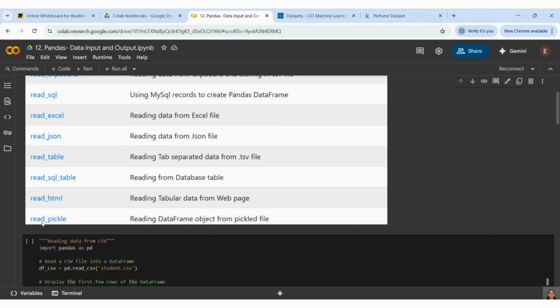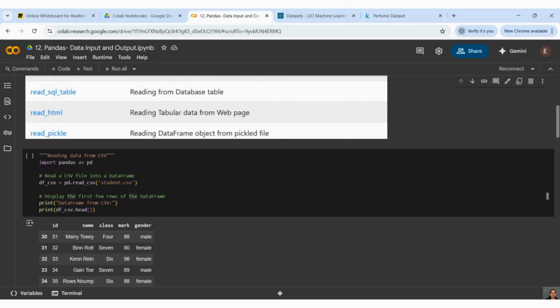We will see how to store a pickle file and how to reinsert it after training the model, when you want to give input to that model again. Everything we will see in our upcoming videos, so stay tuned to this channel. If you have an already trained model, this is how you can load that pickle, using read_pickle.